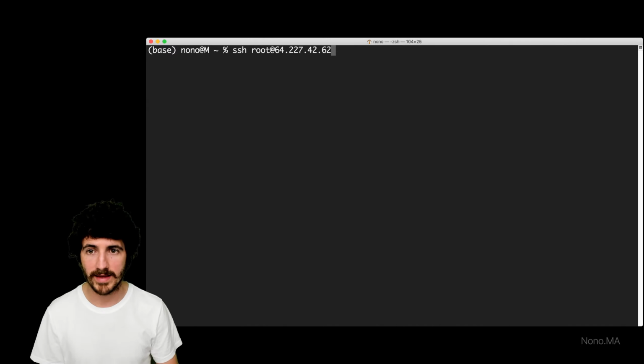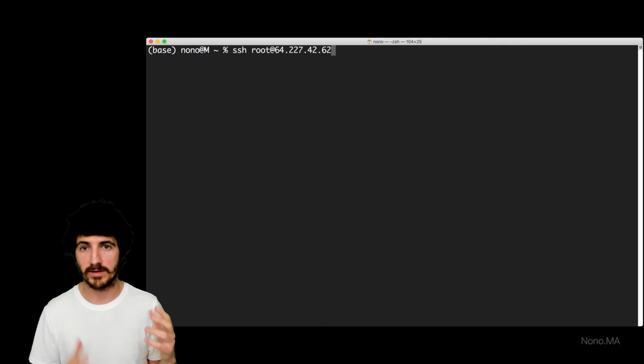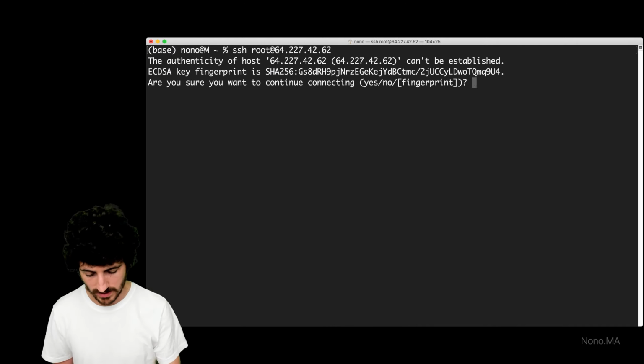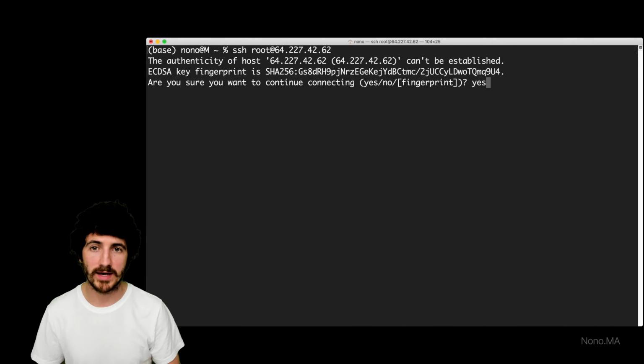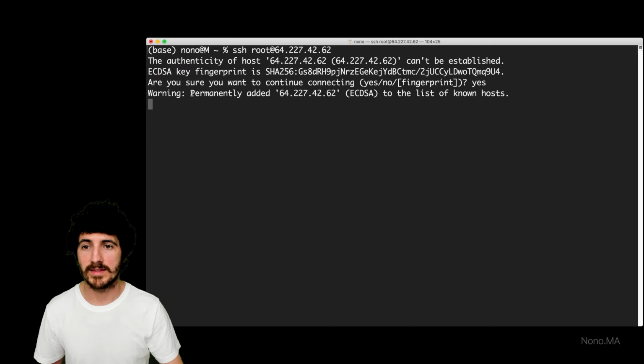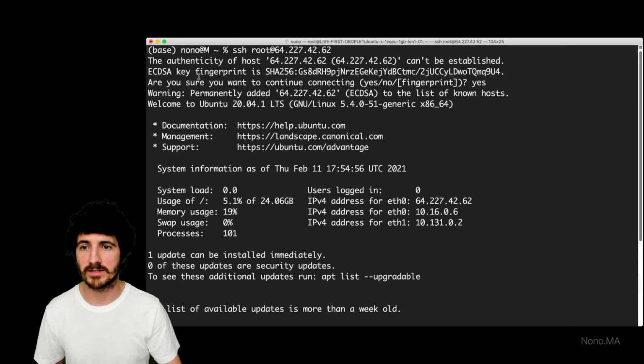That's one line we're going to add now. When we run the command SSH root at our IP address, we say yes, and then that fingerprint is, as you can see here, permanently added to the list of known hosts.